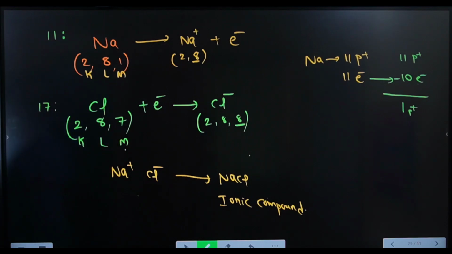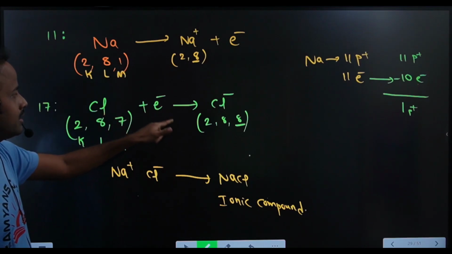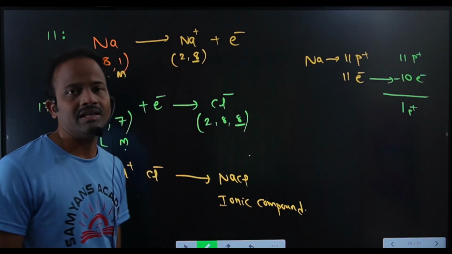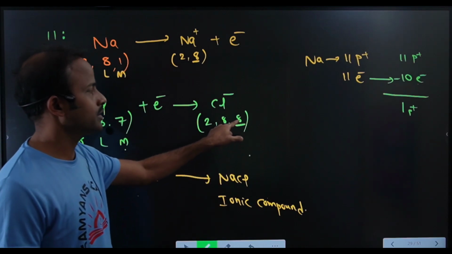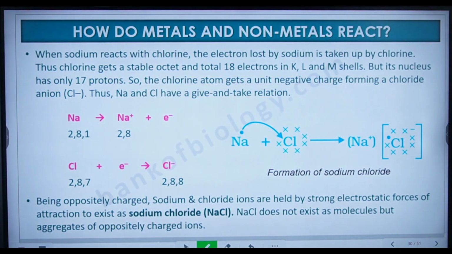In the M shell we have only 7 electrons in the case of chlorine. So to get the 8 electron configuration, the chlorine gains 1 electron from the sodium and forms Cl minus, with the last orbit configuration. Now you see it is an 8 electron, stable configuration. Okay, so now